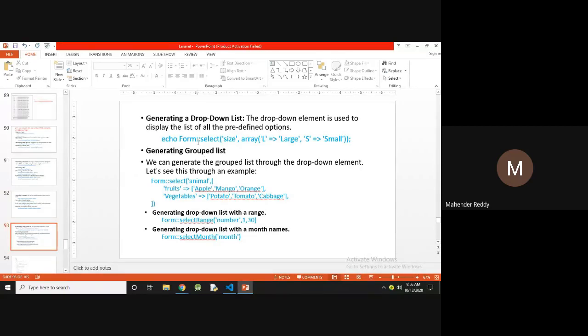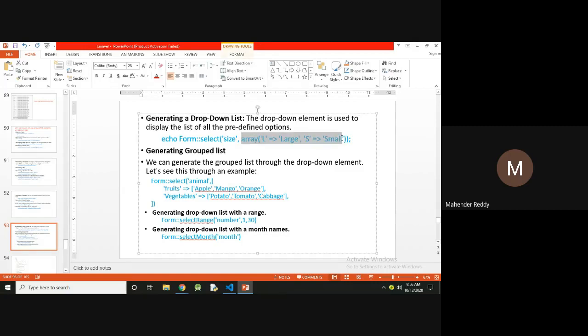For arrays, for example, when selecting a date of birth, there is a date, month, year, so you can use the array. You can display the numbers, or else you can use a drop-down list. If you want to select some state information, for example registration, which state and which country you belong to, you have to use the select and create the array, and it will display the drop-down list.